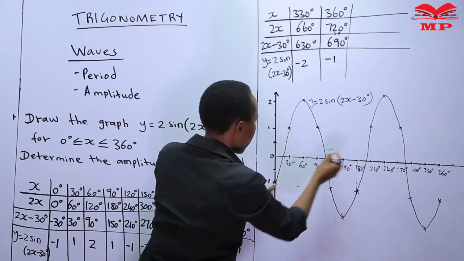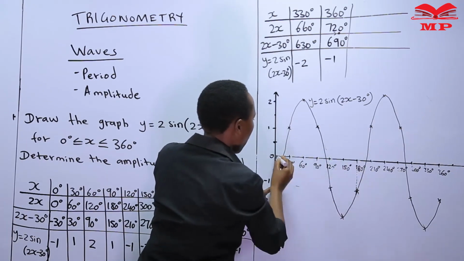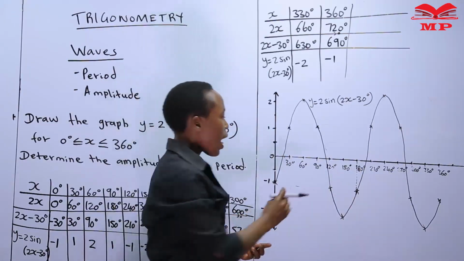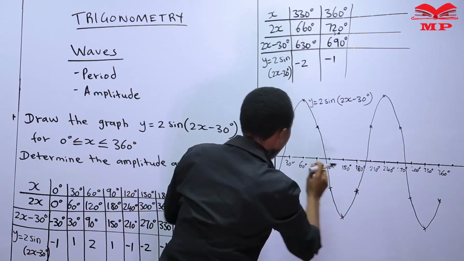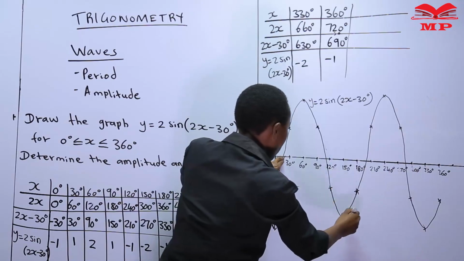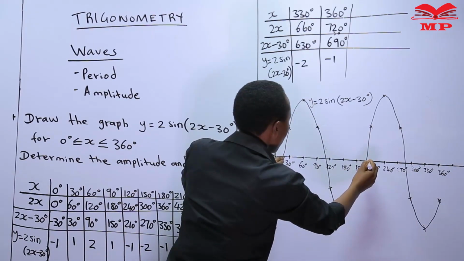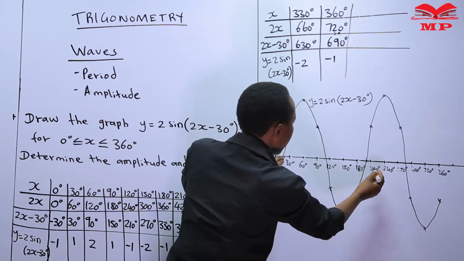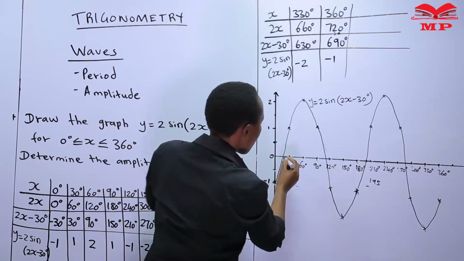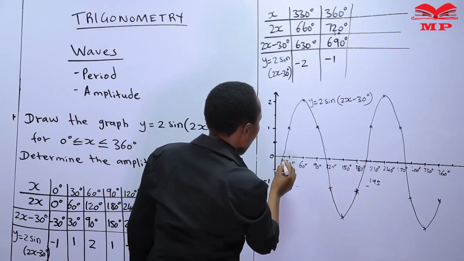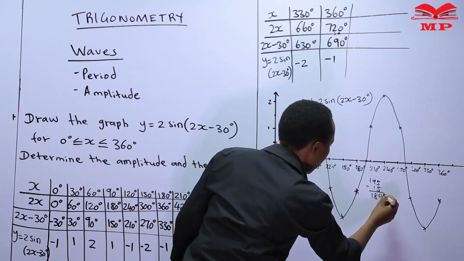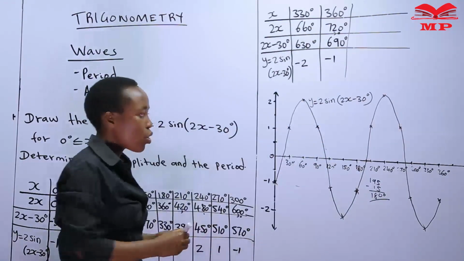So this from here up to here is our period. That is 180 degrees. Again, we can consider this way, starting from this point here up to when one oscillation is complete. It is up to this point. So here this is 180, this will be 195 minus this point here, which is from 0 to half of that, that is 15. That is 0.8, 180 degrees.